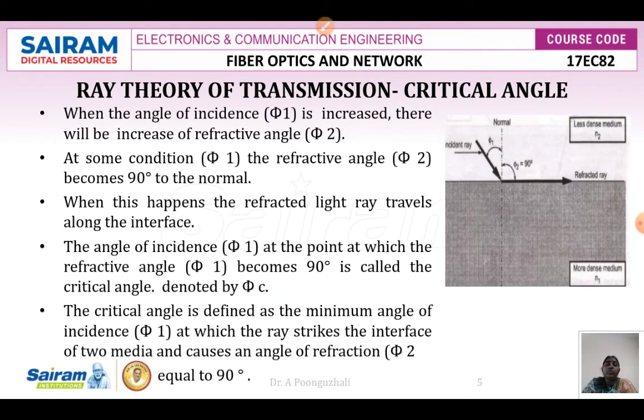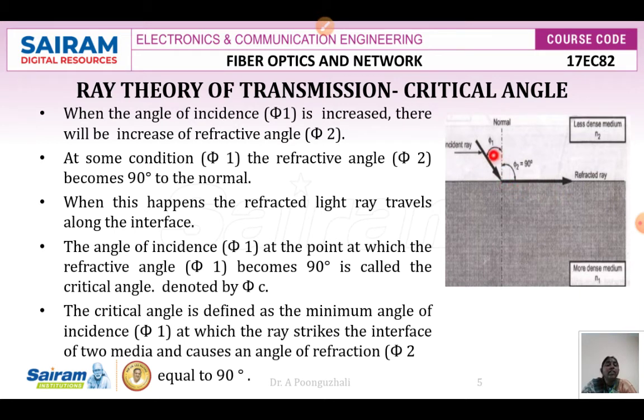Now what we are going to do is find out the critical angle. So critical angle is when a ray is going to be incident on the interface between the two mediums. Your refracted wave will move towards the normal when n1 is greater than n2. Then automatically your refracted wave will move towards the interface. When I continuously increase the incident angle phi 1, the angle of refraction will also increase.